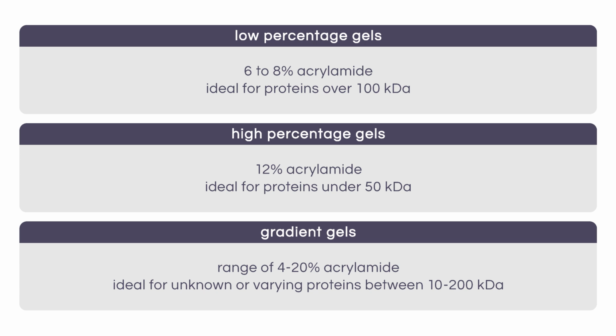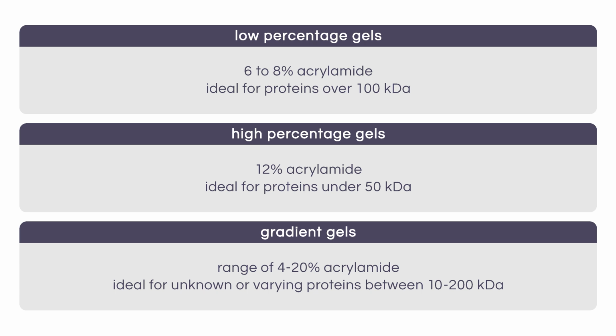On the other hand, high percentage gels, roughly 12% acrylamide, are ideal for separating low molecular weight proteins. Gradient gels can be helpful when the molecular weight of your protein is unknown or if you're detecting multiple targets with varying molecular weights. Gradient gels varying from 4 to 20% can resolve proteins with molecular weights from about 10